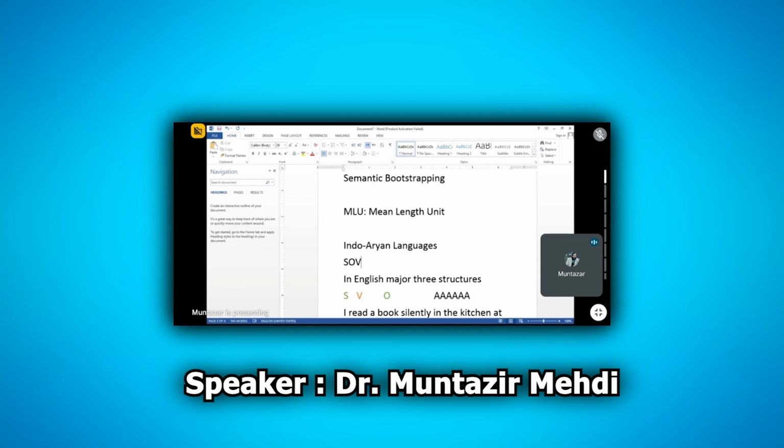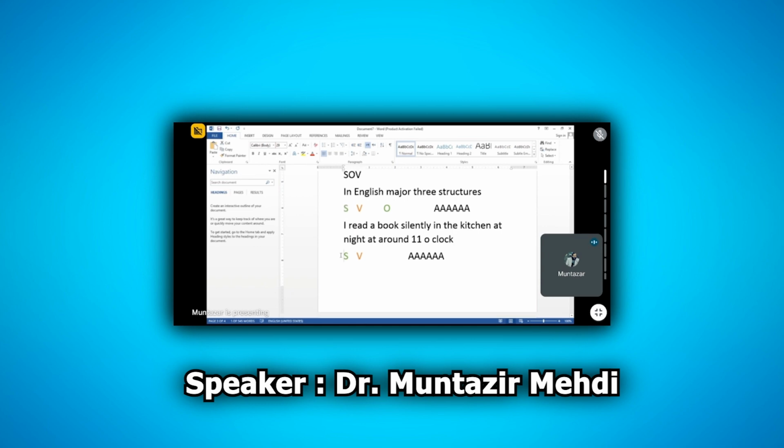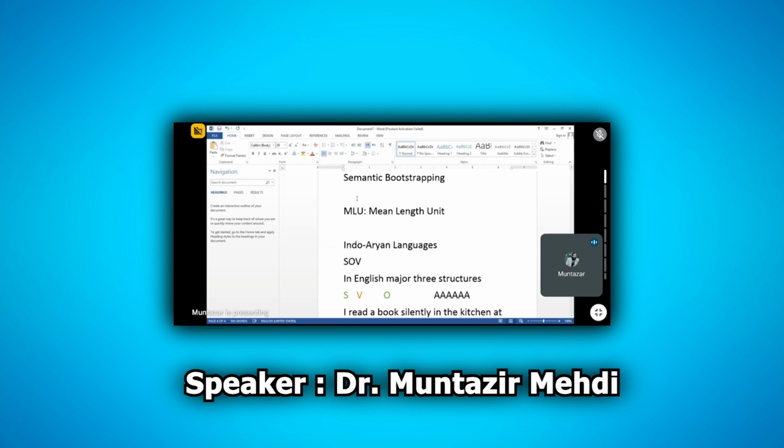I mean, in German, Spanish, French, for example, what is their structure? And the languages we have, what is our structure? These two are entirely different things. Okay, now in Indo-Aryan languages, what happens? In English, the focus is on the subject, like they say, "I am happy," "I am working." Okay, what are you doing? But in Indo-Aryan languages, the focus is not on the subject too much.